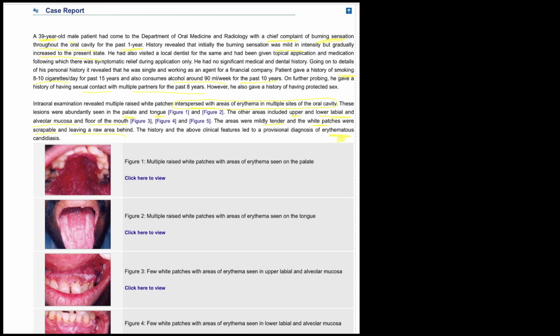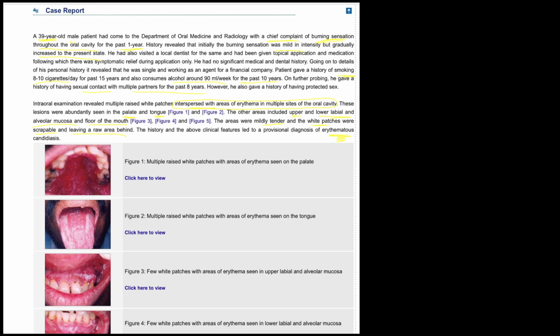Now, a 39-year-old male came to the oral medicine and radiology department. The chief complaint is a burning sensation throughout the oral cavity for the past 1 year. The lesion was mild in intensity, but then there was a gradual increase in the pain. Now, the relevant history is